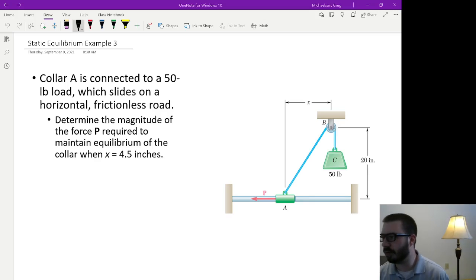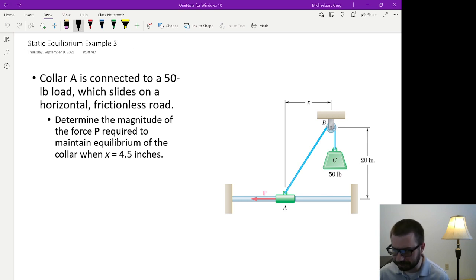All right, so we are going to go through this static equilibrium example 3. One of the things to note about this problem is it might look more complicated than some of the ones that we've done before because of the pulley contraption. It's actually a lot easier. So let's just go through the problem real quick, and then I'll discuss the hint for the homework assignment that's